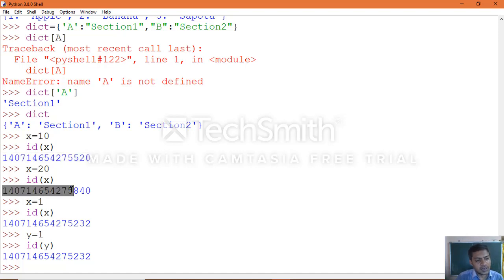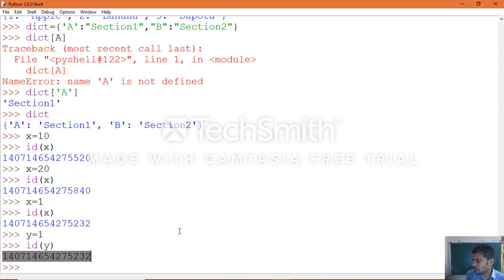Identity, which we call ID, is nothing but the memory address allocated in the computer. Same value with two different variables, the memory address is the same, pointing to the same address. Once you initialize x, the memory address is created, and when you assign the same value to another variable, it points to the same memory address, so both variables have the same memory address.